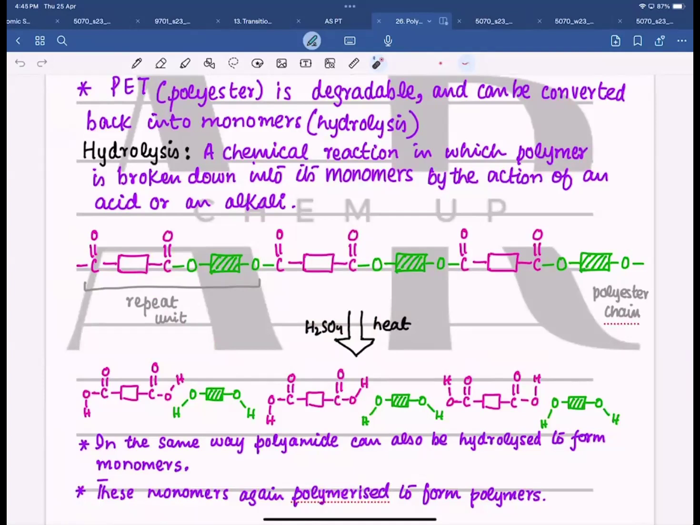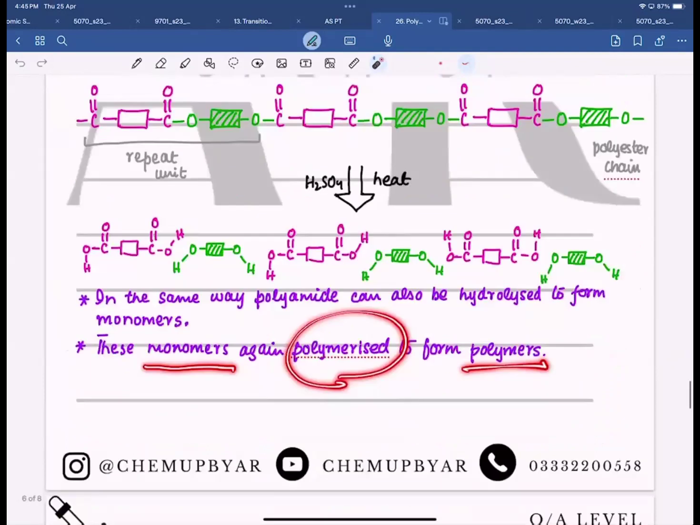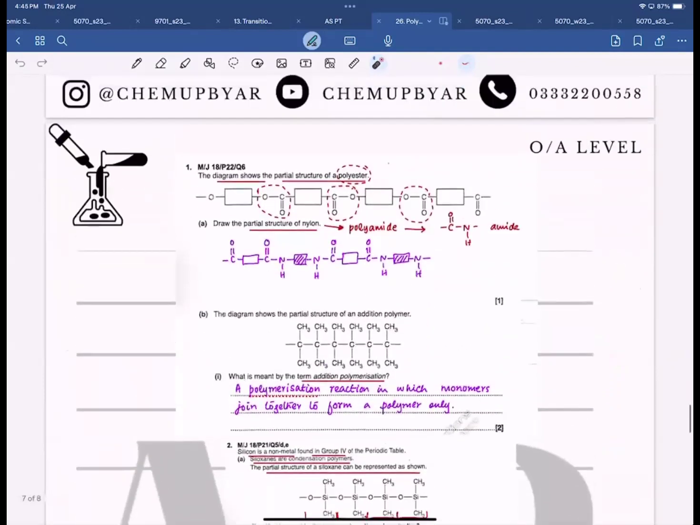In the same way, we hydrolyze the polyamide, and on hydrolysis, it also turns into its monomers, like diamine and dicarboxylic acid. Is this clear? And then, if we want to make the polymer, we again polymerize these monomers to form the polymer again. So here are a few questions,